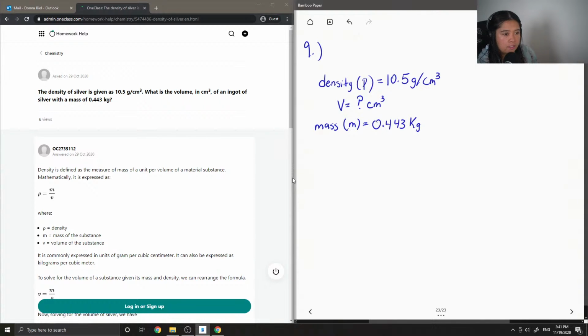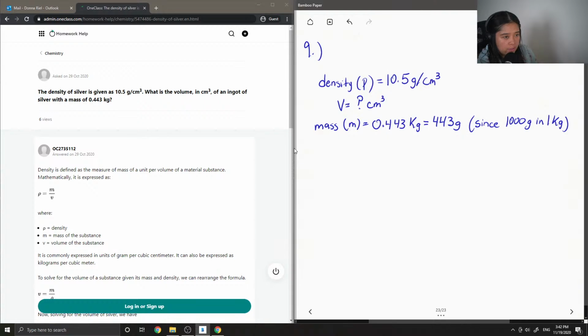So if you notice, the mass is in units of kilograms, but the density is given in grams. So just to make everything the same units, I'm going to convert these kilograms to grams. So 0.443 kilograms is also 443 grams, since there's 1,000 grams in 1 kilogram. Okay, so now that I converted my mass to grams,